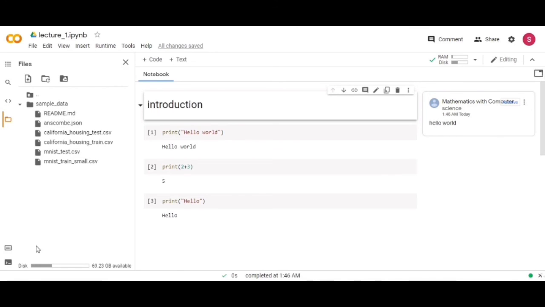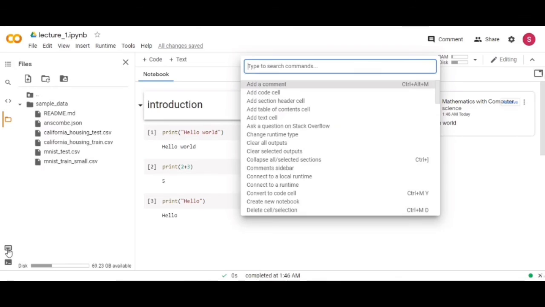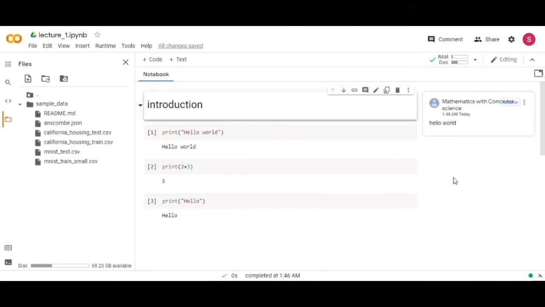You see here the disk is available, and using this button you can sign up with Google Colab too. In this button you see some options, and you can use them directly using these shortcuts. This is a cool feature.